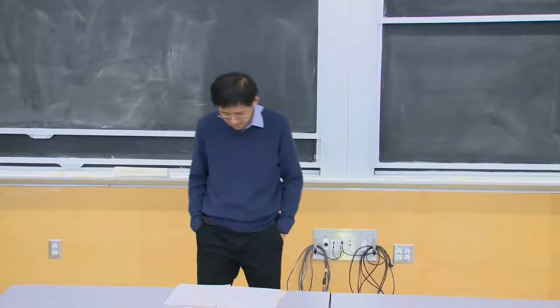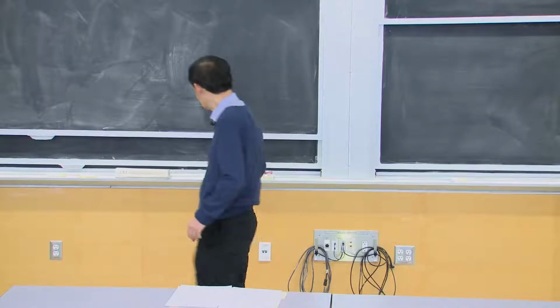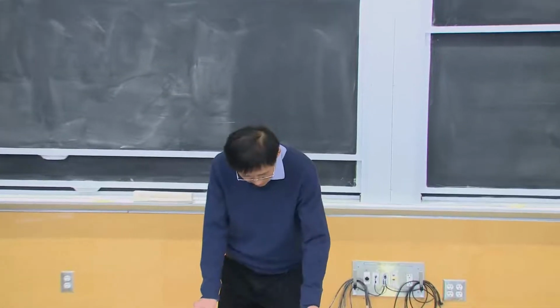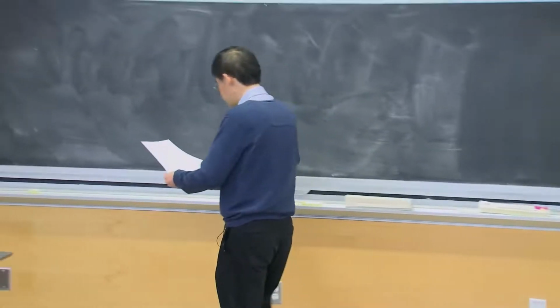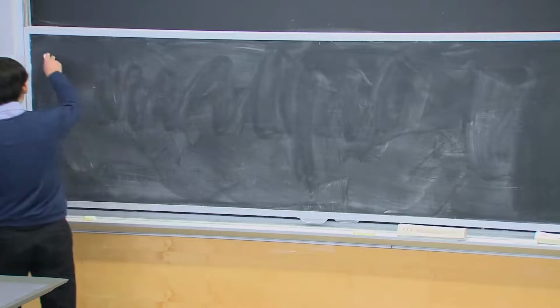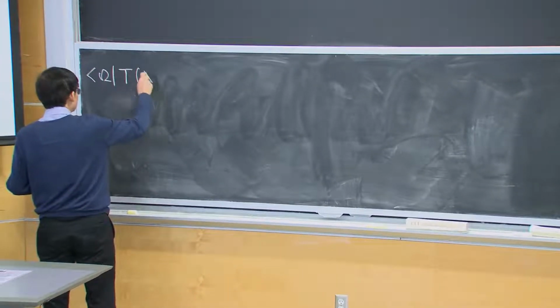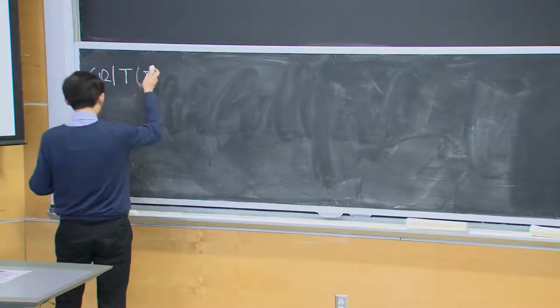Okay, so let us start. First, I'll remind you of the master formula we derived before for the path integral, which is that if we consider a time-ordered product of operators, let me just call it X, will be, say, some product